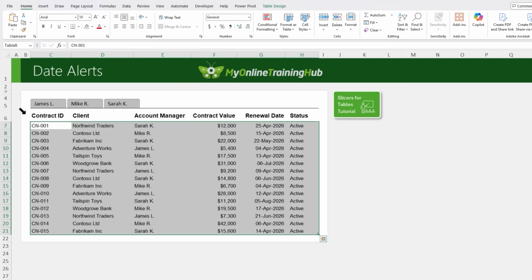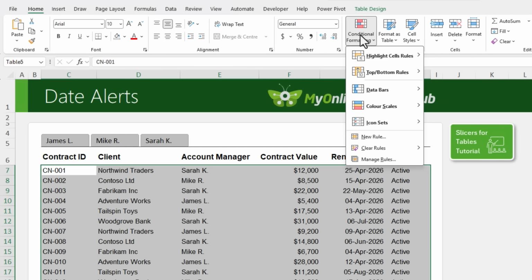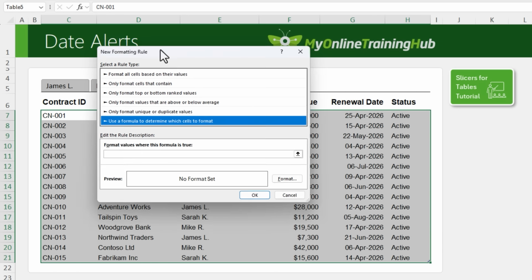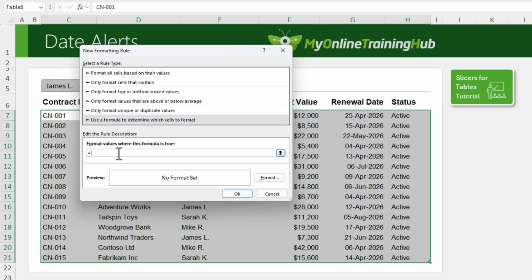Again, we're going to select all the rows in the table. We'll start with a rule to highlight overdue contracts. So again, we're using a formula, and it simply is the renewal date. Don't forget to F4 twice to remove the $ before the row number, where the renewal date is less than or equal to today. And we'll use the TODAY function, which means it will recalculate automatically every time the file